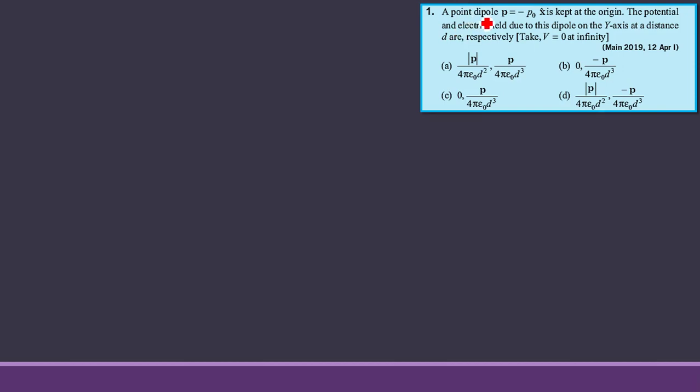It is given a point dipole P equal to minus P naught x cap, kept at the origin. The potential and electric field due to this dipole on the y axis at a distance d are, respectively, what? So he is telling,